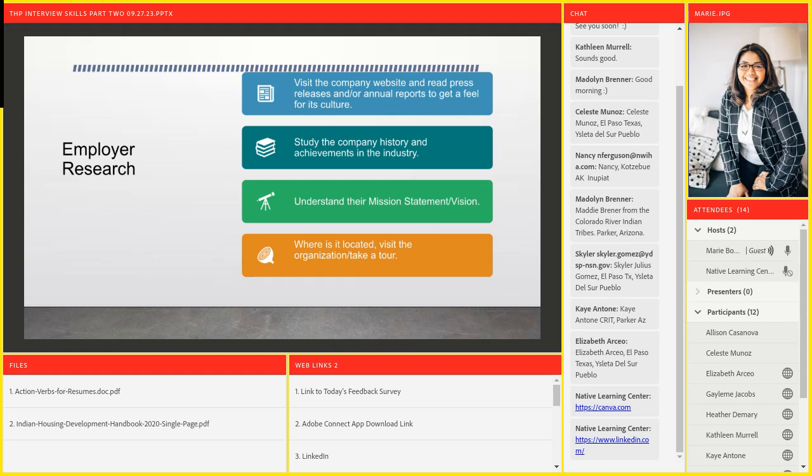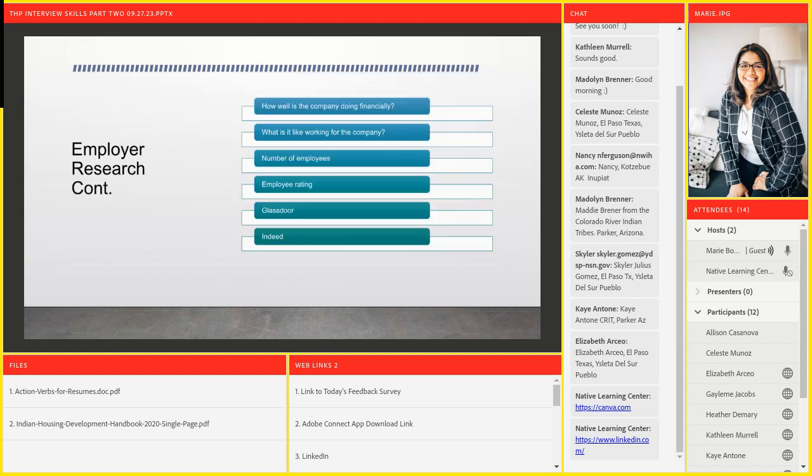I could congratulate them on that, and certain colleagues that I know in that particular department or section of the tribe that maybe I don't interact with every day. But now I understand their mission, their mission statement, their vision, right? I'm looking at their goals. I know where it's located, right? If this is a position that's outside of where I would normally live or work, then for sure I need to do my research. How well is the company doing financially? You can get that from annual performance reports, for example. What is it like working for the company? You can get that information as well. Number of employees, employee rating,